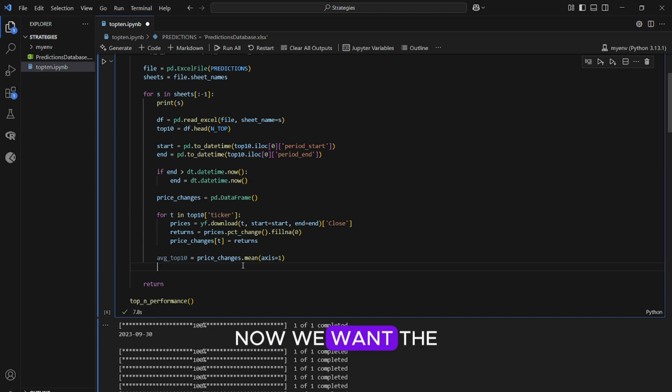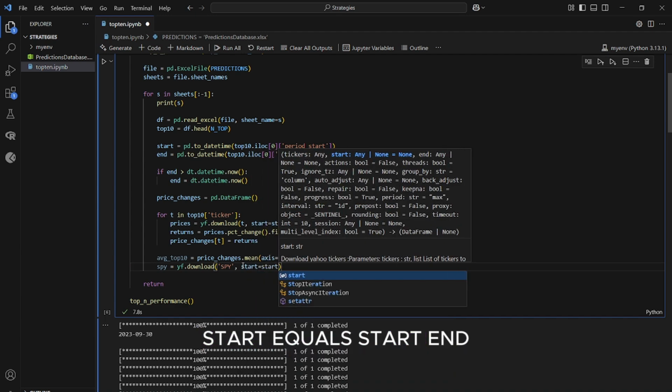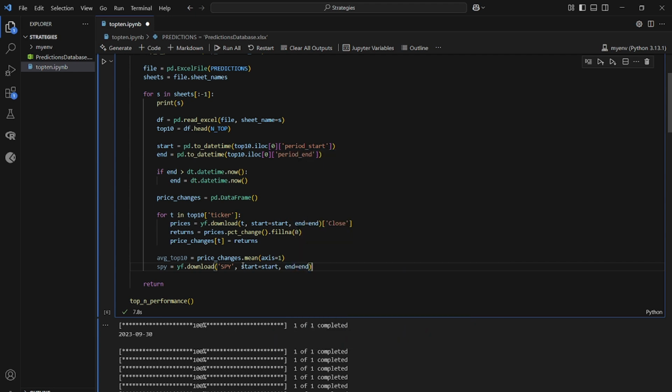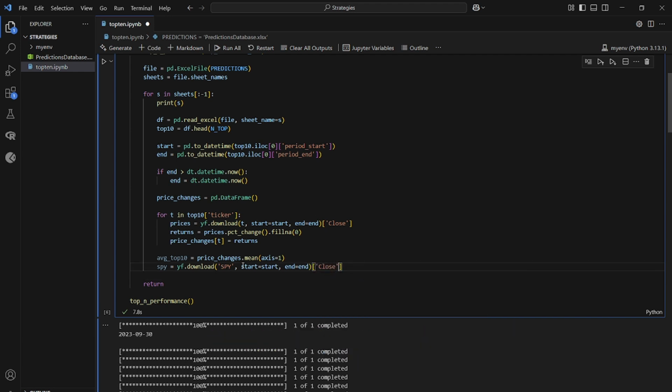Now, we want the S&P 500, or I'm just going to call it SPY, to be yf.download. Ticker is SPY always. That's our benchmark. Start is the same thing. Start equals start. End equals end. And I also only want the close prices, just like our tickers. And then it's the same thing. Prices, returns, and